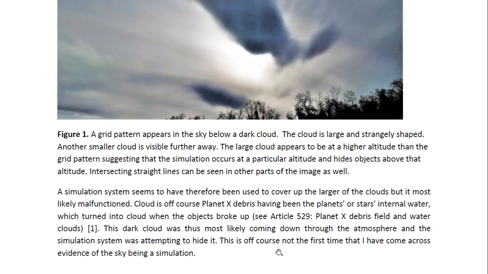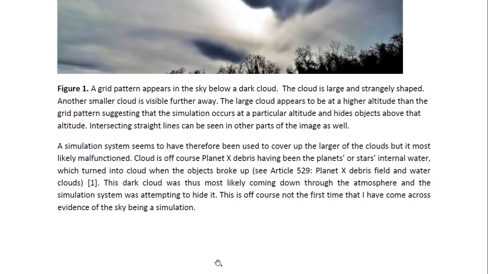most likely malfunctioned. Cloud is, of course, Planet X debris, having been the planet's or star's internal water, which turned into cloud when the objects broke up. And you may look at Article 529 entitled Planet X Debris Field and Water Clouds for more details. This dark cloud was thus most likely coming down through the atmosphere, and the simulation system was attempting to hide it. This is, of course, not the first time that I have come across evidence of the sky being a